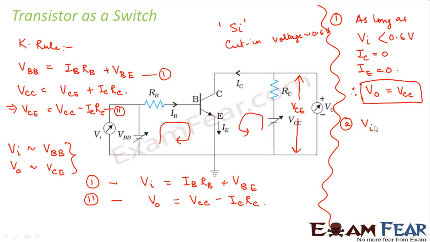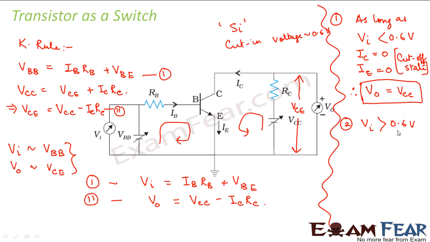Now let us look at the second scenario, where the input voltage is less than the cut-in voltage of the semiconductor. What is this state? This is the cutoff state. You remember I spoke about the cutoff mode of a transistor. When was it the cutoff mode? When both the junctions were reverse biased, the emitter base junction as well as the base collector junction. Okay, we will relate all those things later. For now, you just understand it this way.